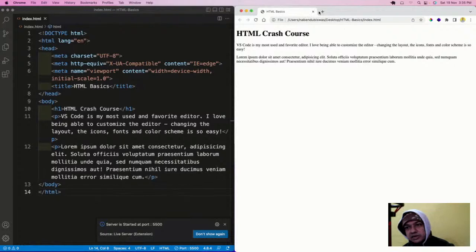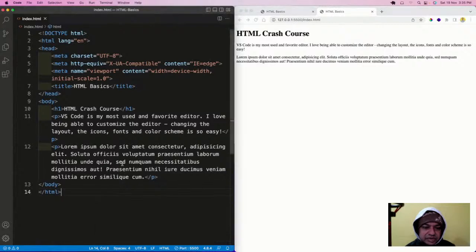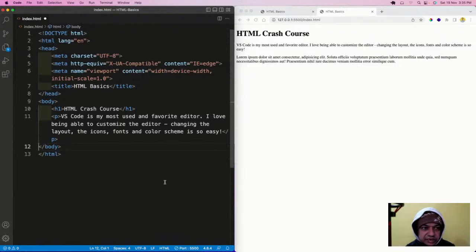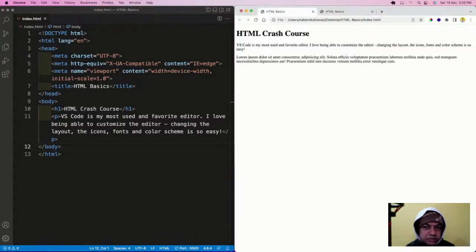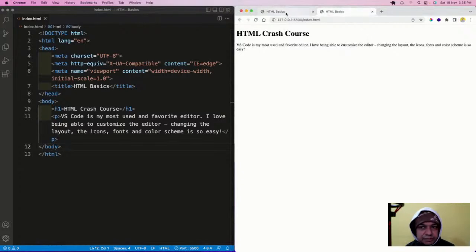If I go back here and open it, some URL is there. Suppose I remove this thing, cut it and remove it, and save it. See, it automatically refreshes. Here the reload happens automatically, but in the other case the reload doesn't happen automatically. I have to go there and reload it. So that's why we are going to use Live Server from now onwards.